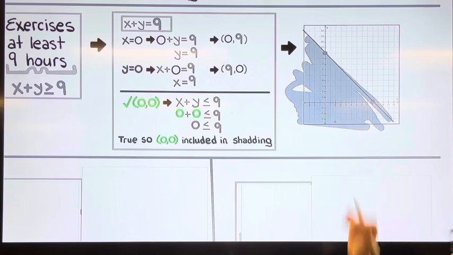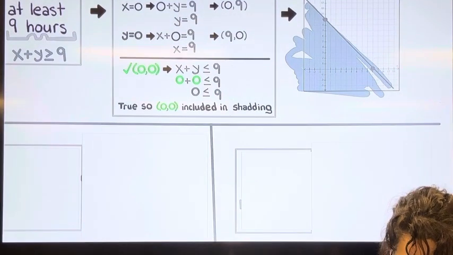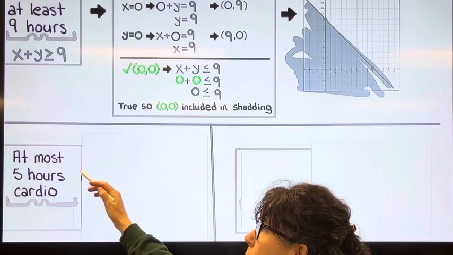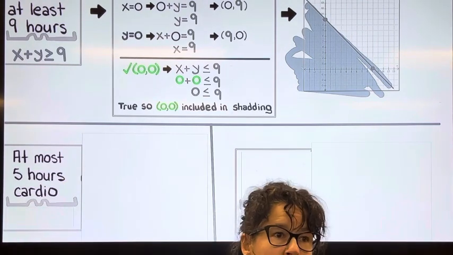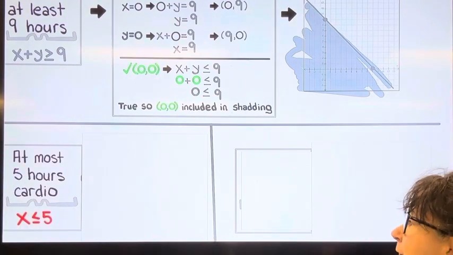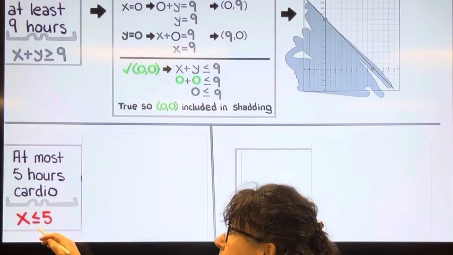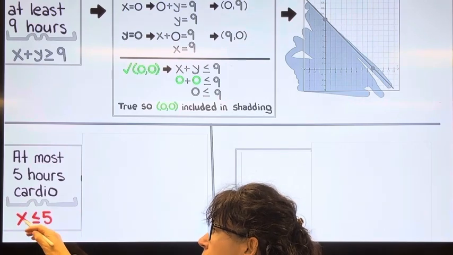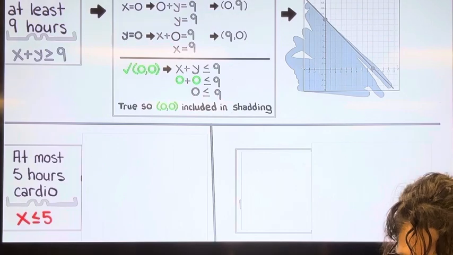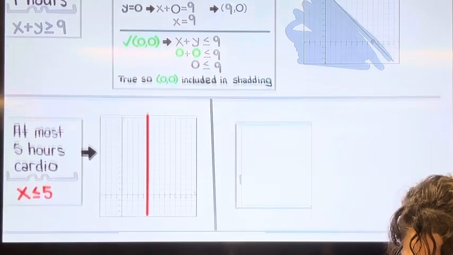So I'm going to end up shading to include 0, 0. The next statement in this one said that the person working out worked out at most 5 hours on cardio. So the cardio is the x value. If it's at most 5, we need to stay under or equal to 5, less than or equal to 5. Graphing this particular one,